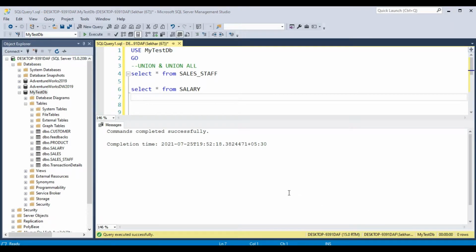Hi everyone, we'll talk about union today, the union operator in SQL, and also we'll talk about what union all is, what the difference between union and union all is, and how it works.